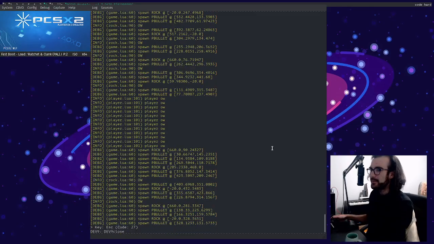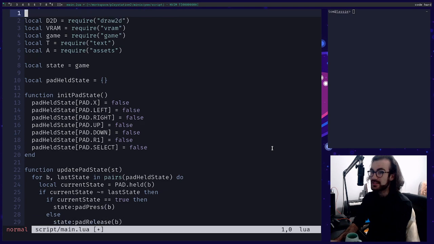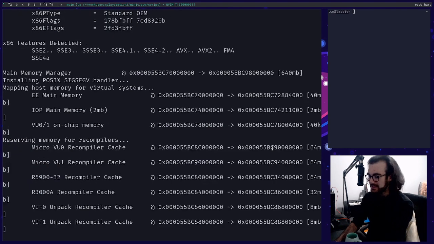What renderer am I on? Am I on the slow renderer or am I on the fast renderer? I'm on the slow renderer. Okay, let's go with the fast renderer. This is going to take off. Okay, hold on to your hats.